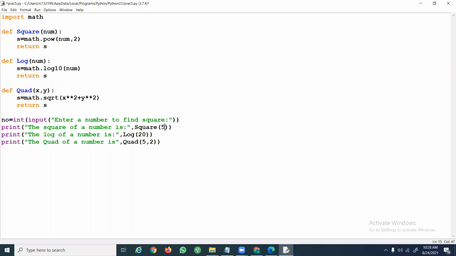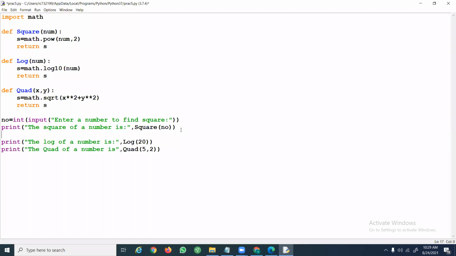Now you have to replace this 5 with number. If you have been asked to change the program in such a way that you get the value from the user and calculate the square for that number, then you have to include the input statement.